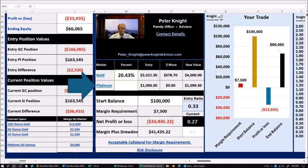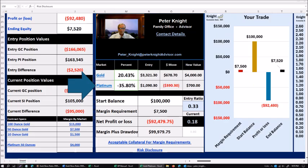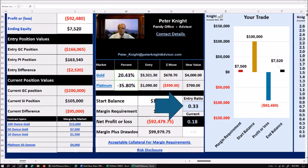At the same time, platinum would have to sell off by 35.8%. If you're working with a spreadsheet, enter minus 35.8 in cell M37. This would decrease the price from our long entry at $1,090.30 by $390.30 to $700 an ounce, moving the ratio from our entry at 0.33 down to a new all-time historic low of 0.18,